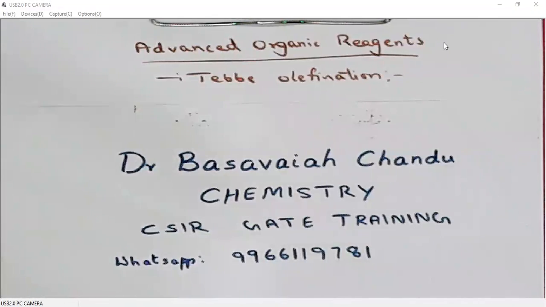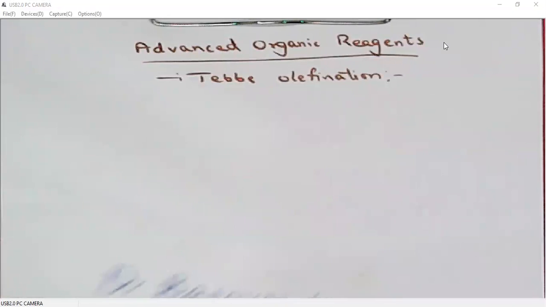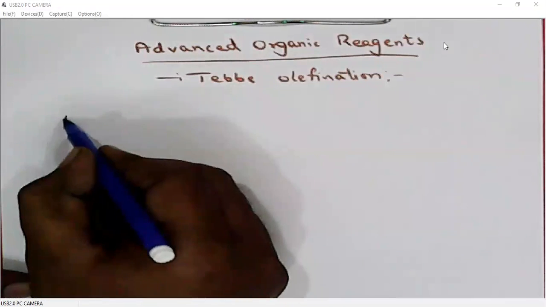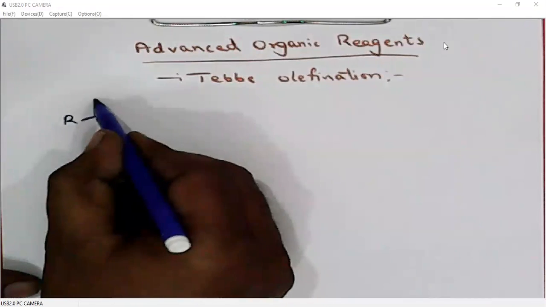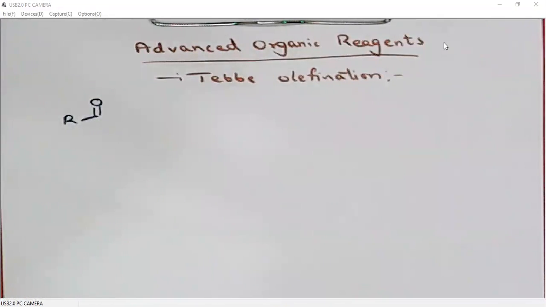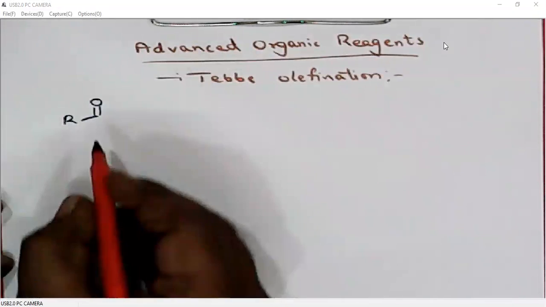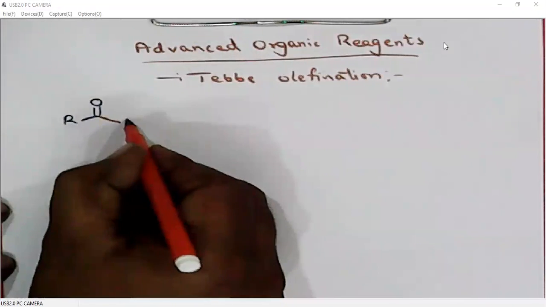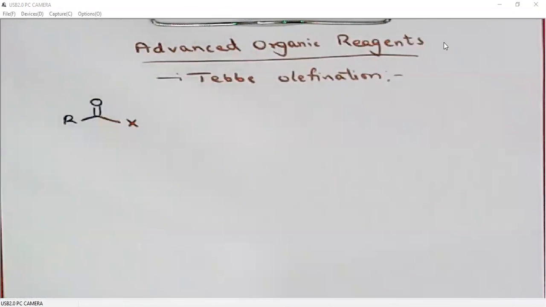Today we will discuss Tebbe olefination. What is Tebbe olefination? We have just seen the Wittig reaction, where we can convert an aldehyde or a ketonic carbonyl group into an alkene. Now we will see the conversion of any carbonyl